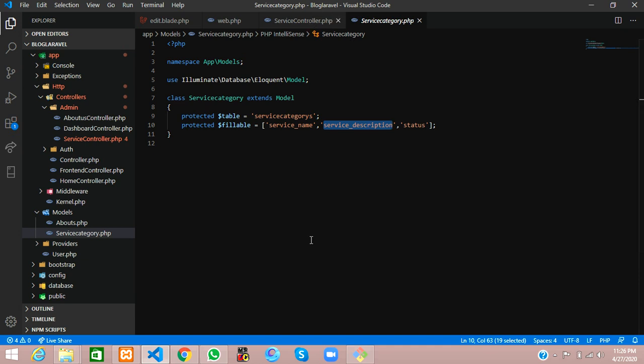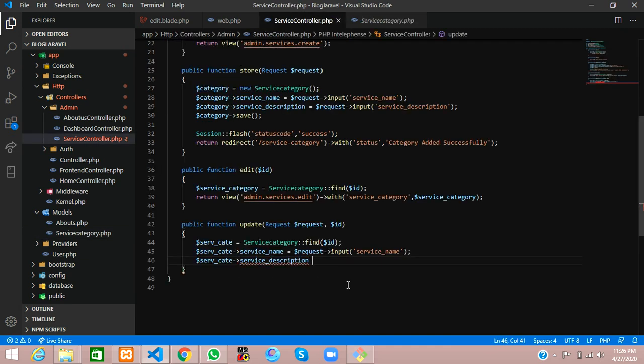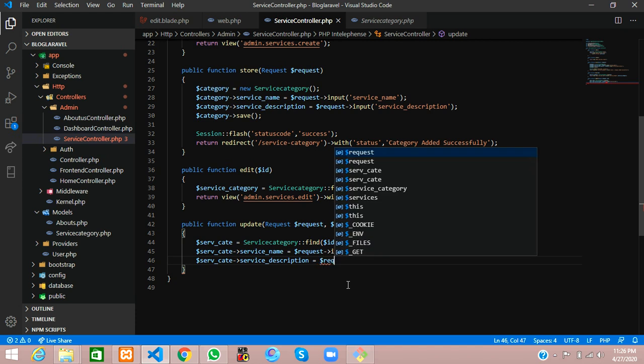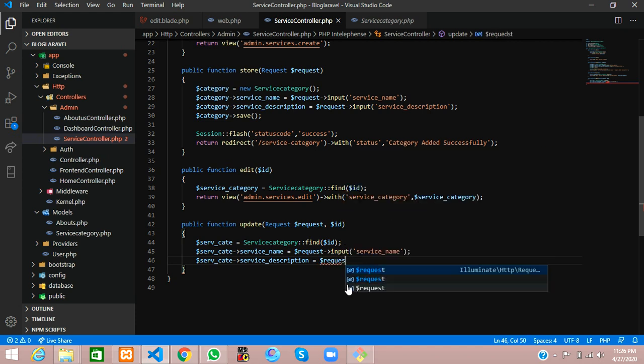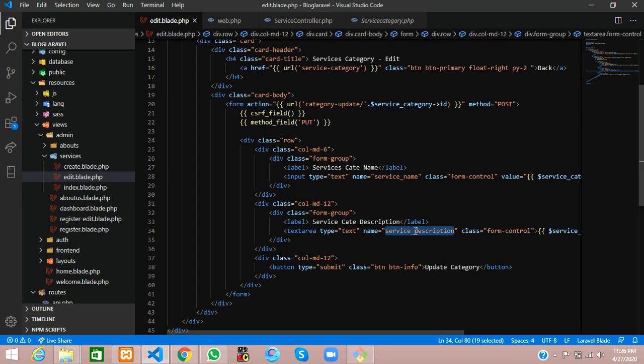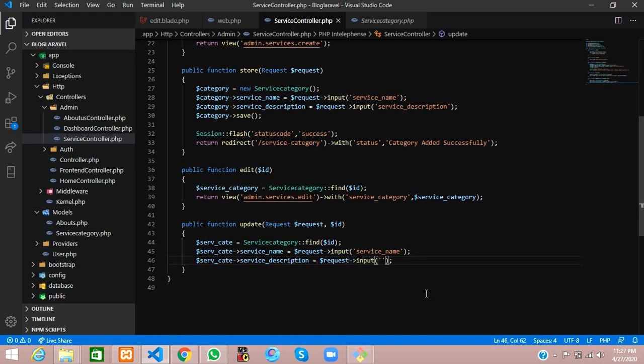So copy this and paste it over here, and take the request input of your field, the input tag. Let us go to the edit page and take that input and paste it over here. Done. So guys, now it is set.